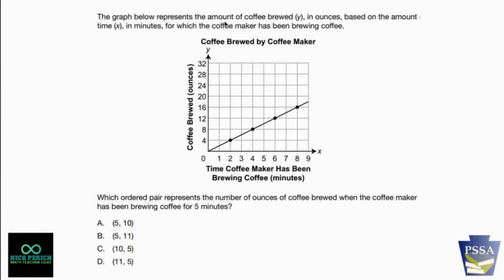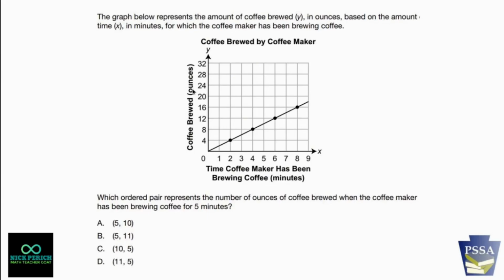The graph below represents the amount of coffee brewed, that's my y value, in ounces, based on the amount of time, that's going to be my x value, in minutes, for which the coffee maker has been brewing coffee. So you put coffee in a coffee maker, after a certain amount of time, you get a certain amount of coffee. So this is minutes, my x value, that I brew my coffee, and this is how many ounces I